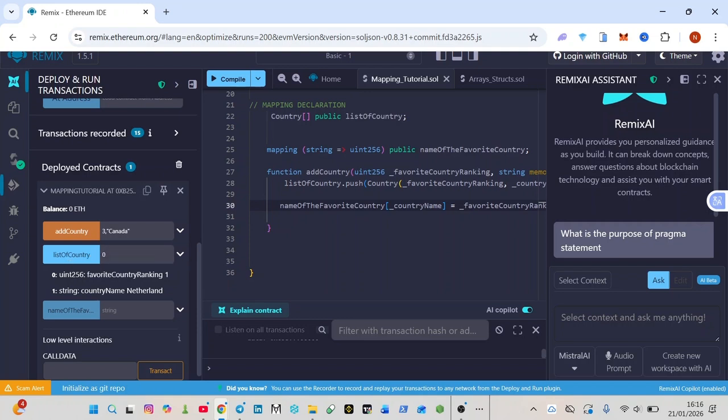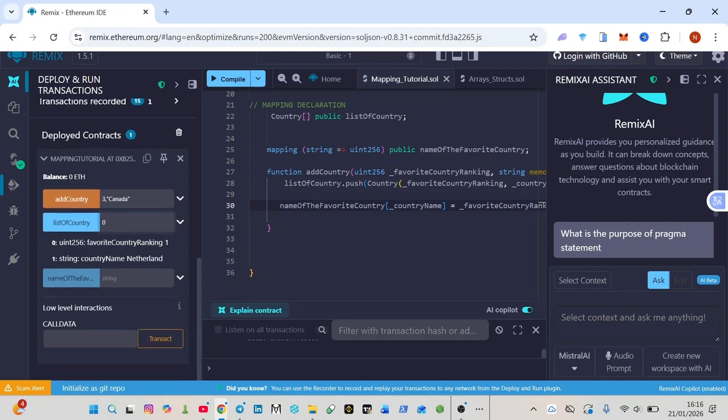So mapping will help you a lot. If we want to do this, we just need to do the same thing in a simpler way by adding the string. Like I said, country name, you define it there. What you will say is what we've inputted before. Let's say we want to find the country ranking for Canada, not Canada, the other one which we added, Netherlands. What we'll say is Netherlands or Belgium. Let's look for Belgium